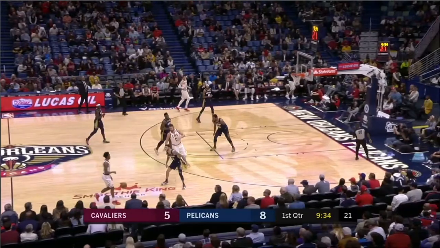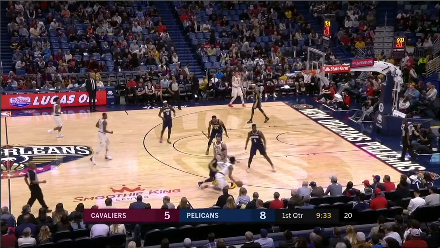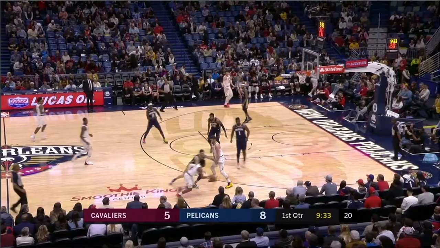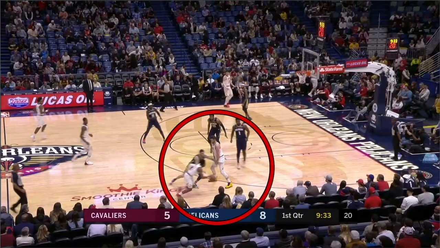All right, we're looking at an offensive clip here. So the Cavaliers are going to run this empty side ball screen. First of all, we got a bit of a problem here. Colin Sexton should be coming much tighter off this ball screen. Look at this space between him and the screener, Kevin Love. The Pelicans are trying to fight over the top of this ball screen.